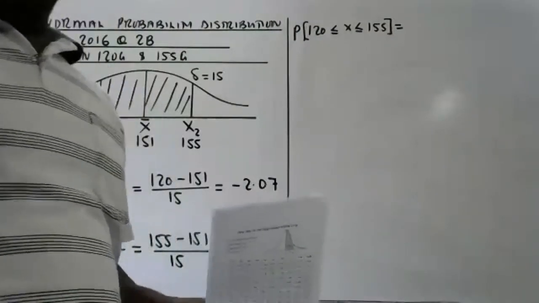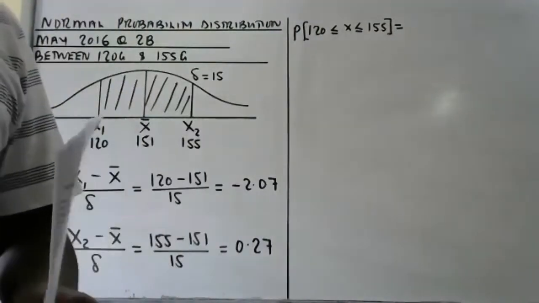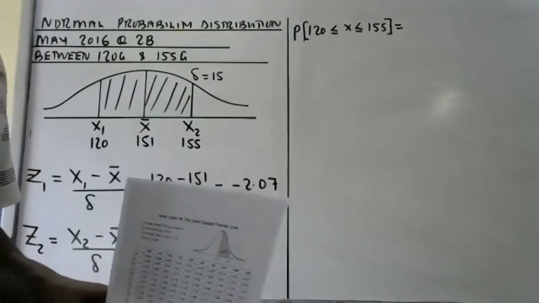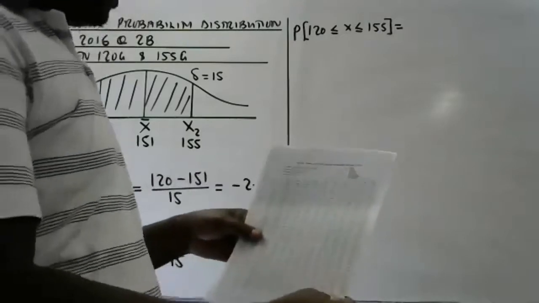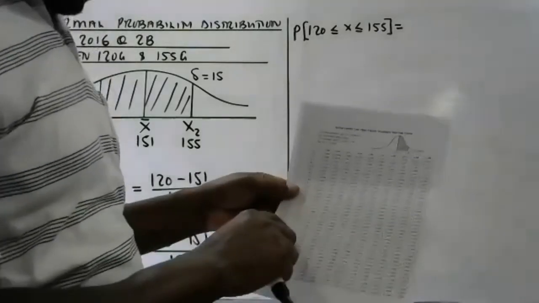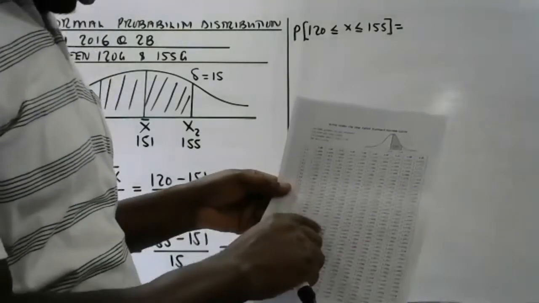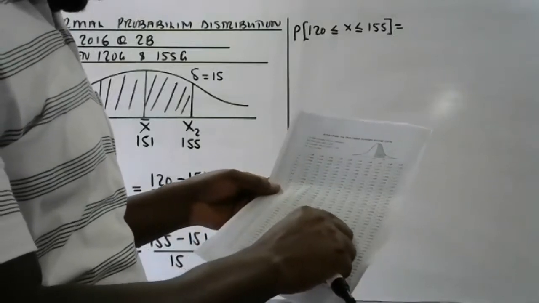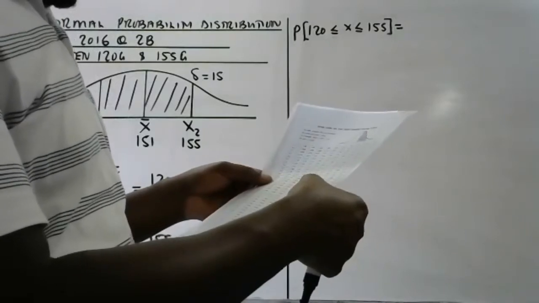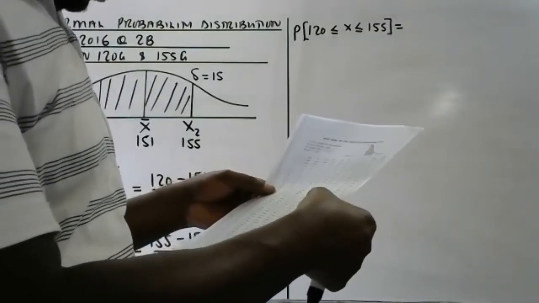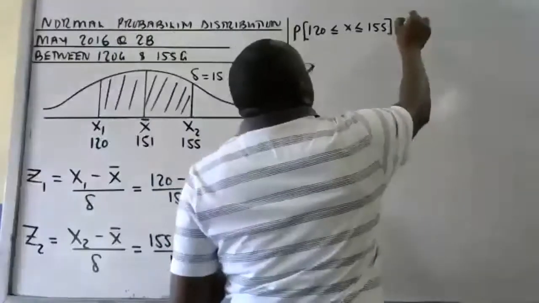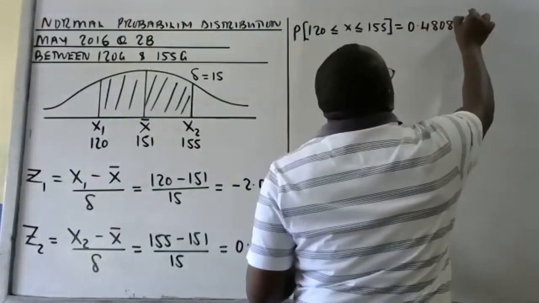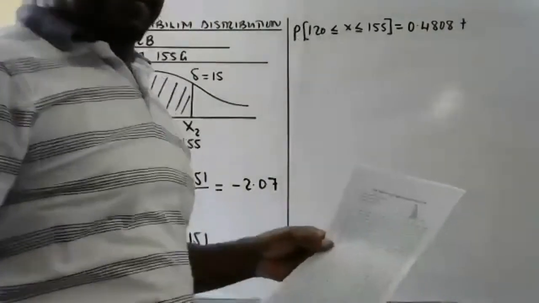And even if it's negative, we read it as positive. So 2.0, go across up to where there is 7. 0.4808. That is 0.4808 plus